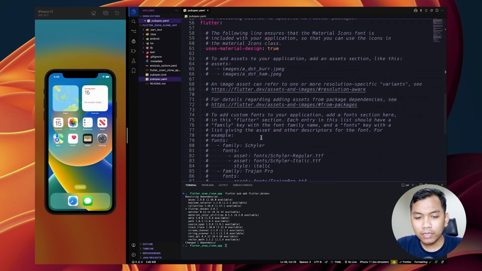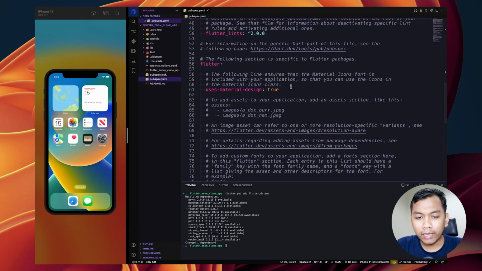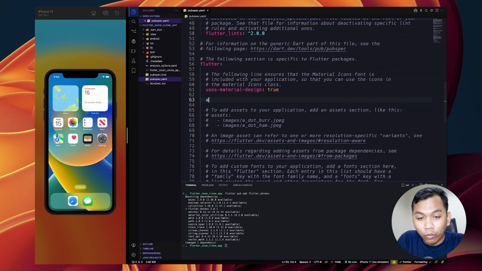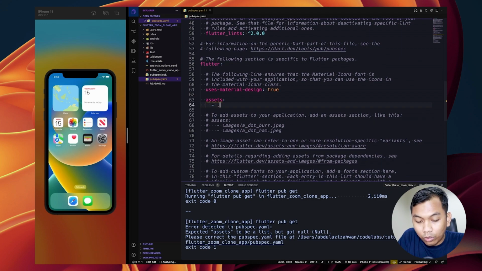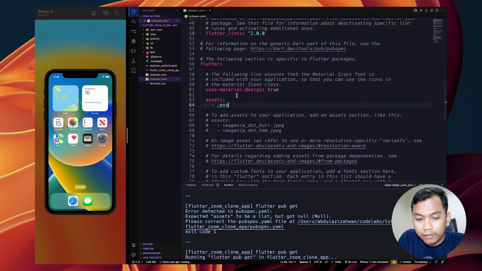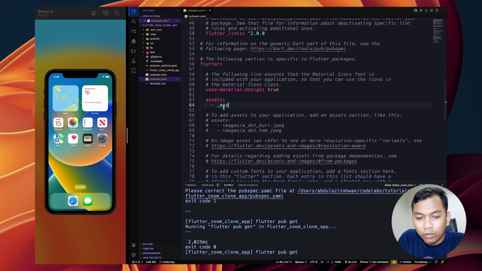And the next step, we need to add assets and then .env. And don't forget to get packages here.